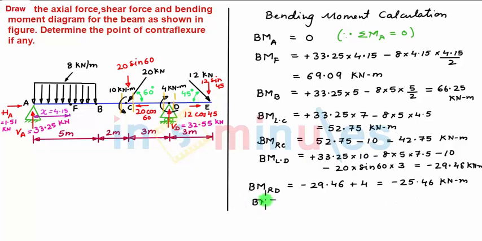Next we move towards point E. Now bending moment at point E will be again 0 since it is the extreme end, and we know if we apply the static equilibrium equation at point E, which is the summation of all the moments about point E, then it comes out to be 0. Now by definition of bending moment about point E, the summation of all moments will be the moment on the left hand side of the section, hence the bending moment at E will also come out to be 0. So with this, bending moment calculation is over.